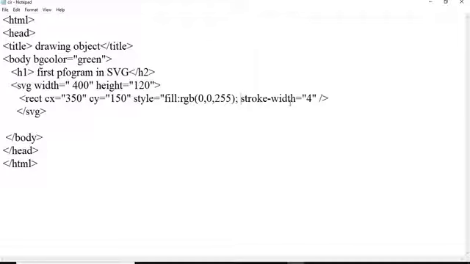Here stroke width we have given, and here we are required to add the stroke like RGB.